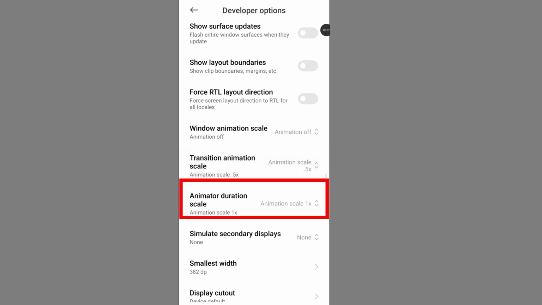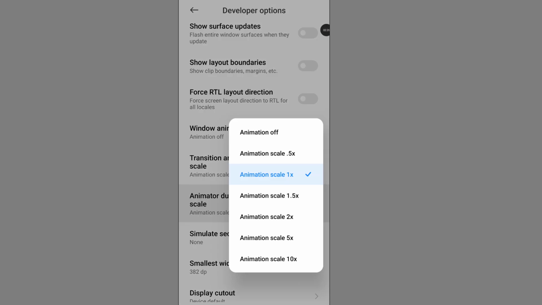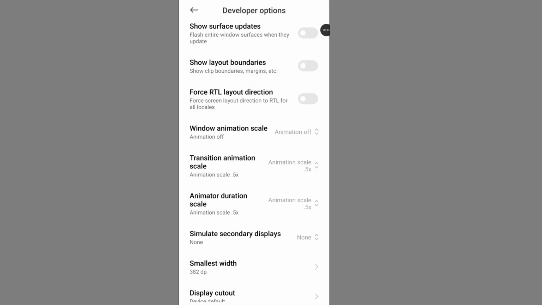Now go to animator duration scale. Now from here, select animation scale 0.5x. So guys, turn on this setting right now and feel your